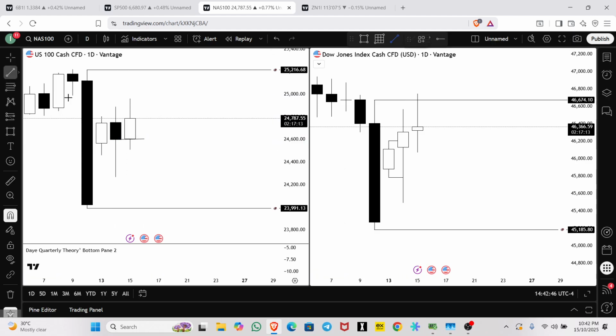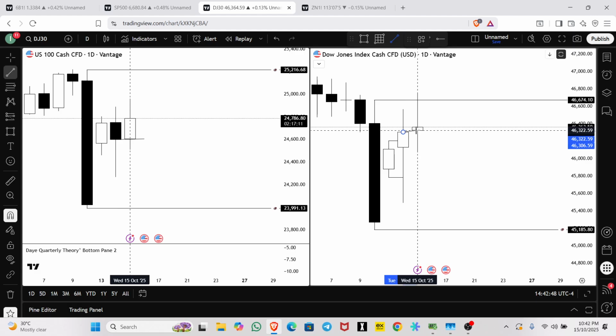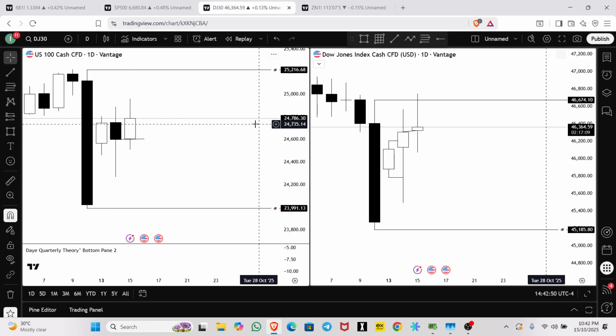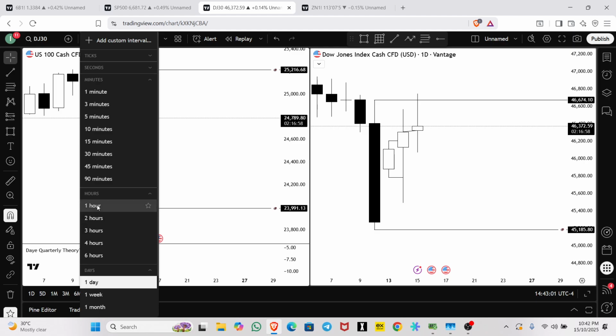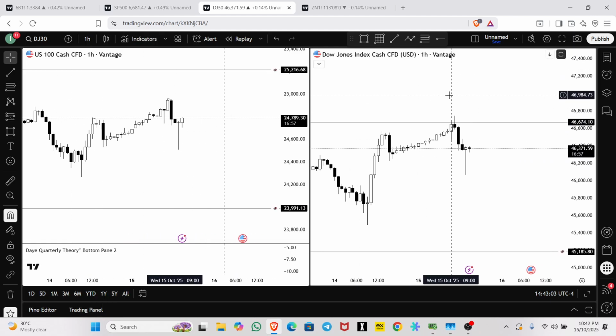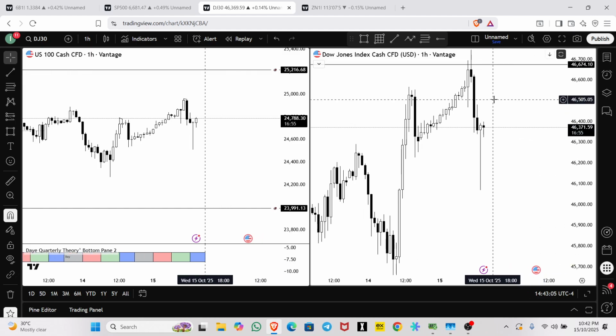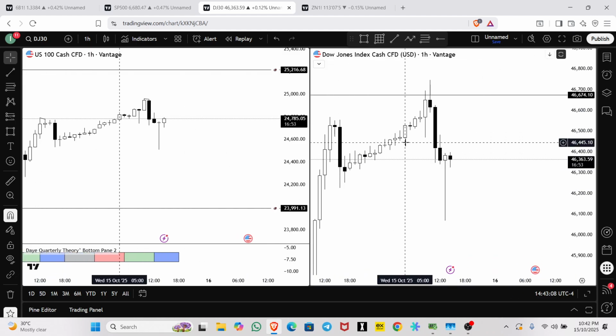You see the difference? The Dow opened higher, making it the catalyst of taking out the Friday's range. Once it took out the Friday's range, while we are trading in the whole day, I sent this thing